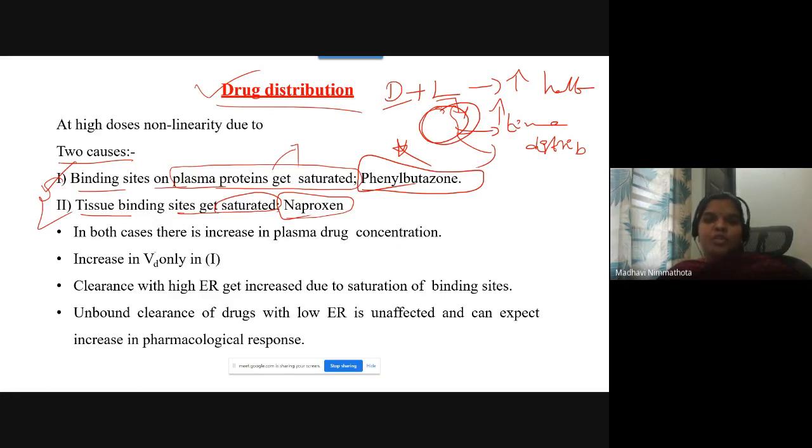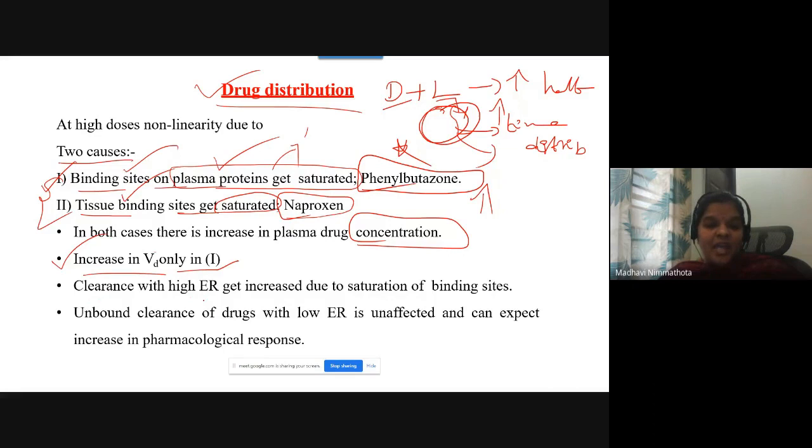Yes. So these may get saturated. These are not focusing on their distribution. Only these will focus on the saturation point. So once the drug gets saturated with the binding sites, tissue binding or plasma protein, what is going to happen here? It is increasing its concentration. So that's why there is an increase in VD we have observed in binding sites and plasma proteins,